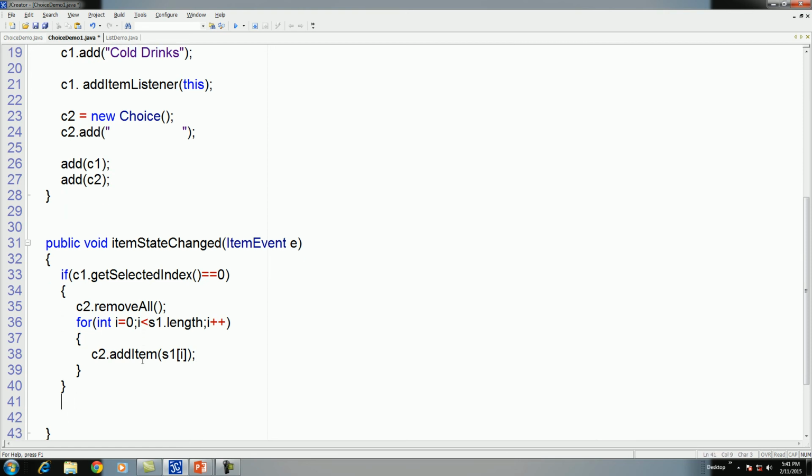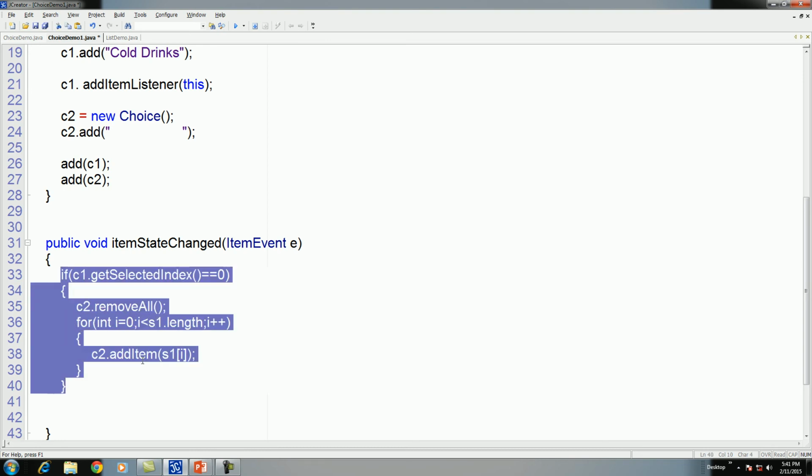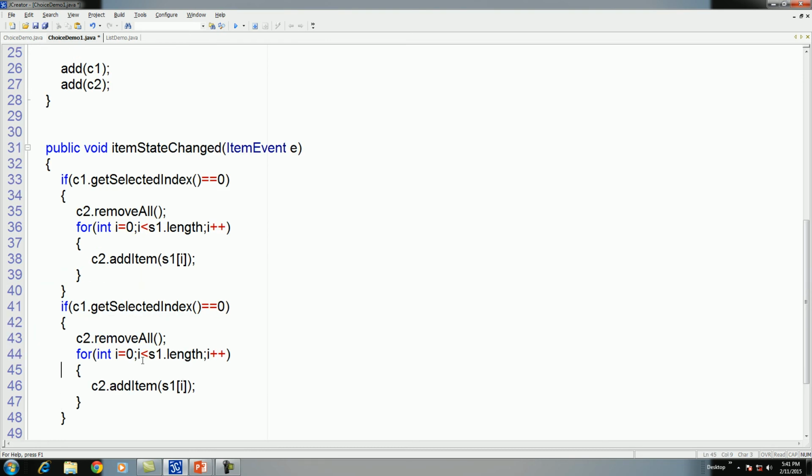Okay, now for the second item you can also check the index or selected item is equal to coffee, then the second array gets added to combo box 2.